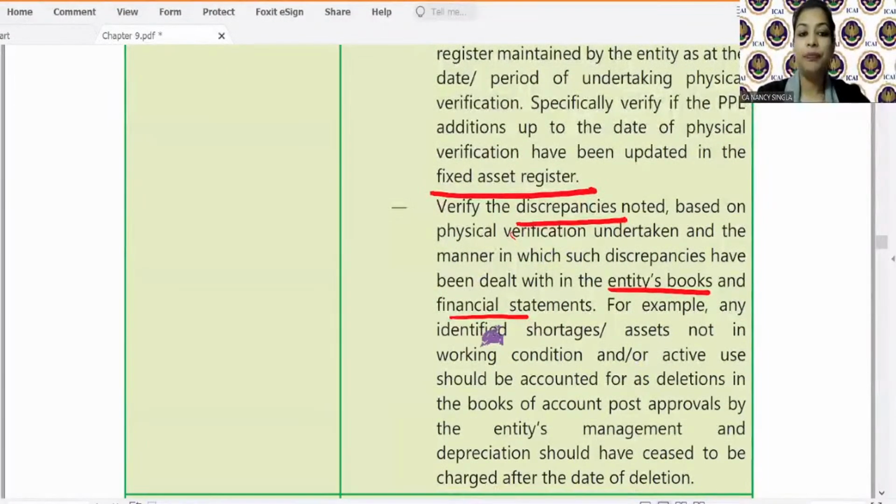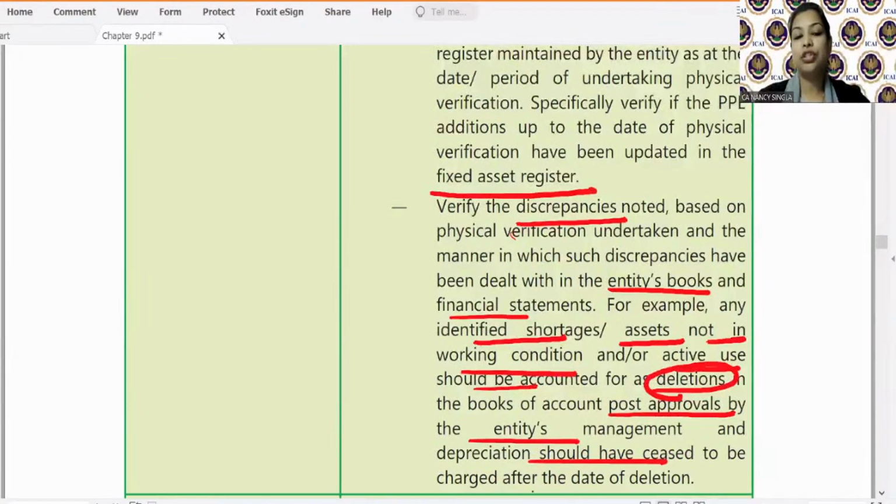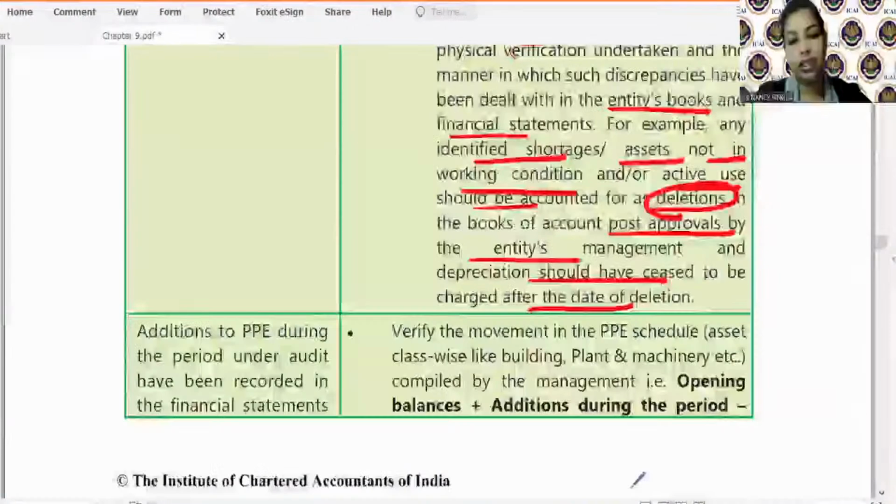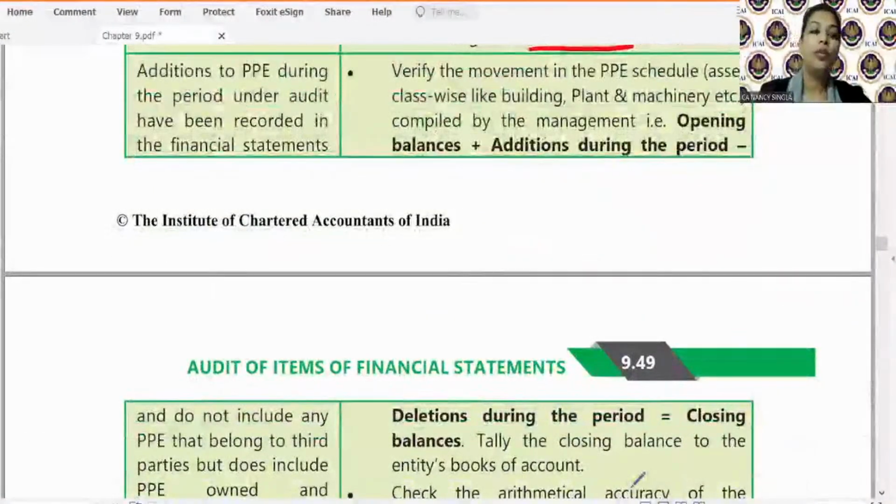For example, see, identified shortages or assets not in working condition or active use should be accounted for as deletion. अगर कोई asset is not in active use तो management से discuss करो ना कि management इसको delete कर दो ना. Post approval by entity's management, depreciation should cease to be charged after the date of deletion. With respect to